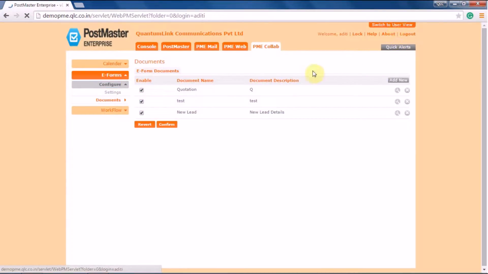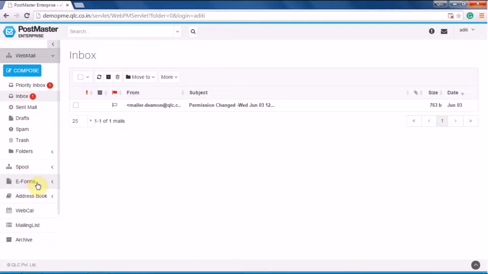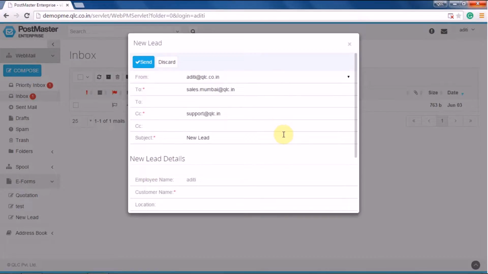Now let's check our mail. For that, go to user view because we have logged in as an admin. Then under eForms, you have your newly created forms. New lead. So this is how your forms look like. So this was our mandatory field, so we have done it. Now let's put in say